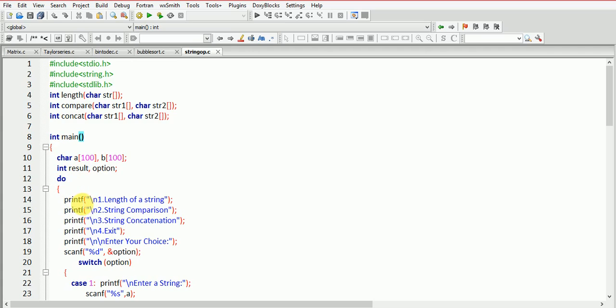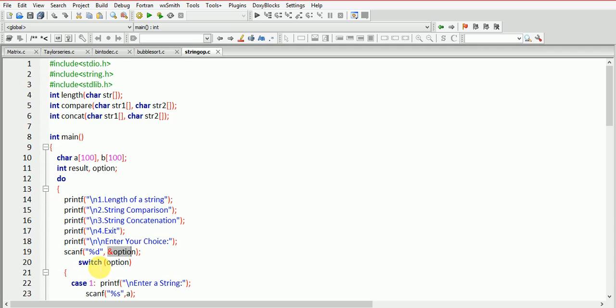The first message we are printing is printf for the first operation, that is length of the string. Second is string comparison. Third is string concatenation. Printf fourth option is exit. Now I am asking the user to enter his or her choice, and after entering I am going to store it in the ampersand of option.